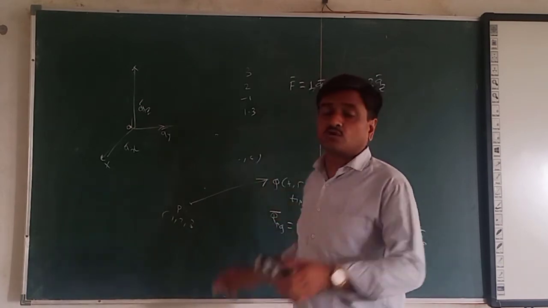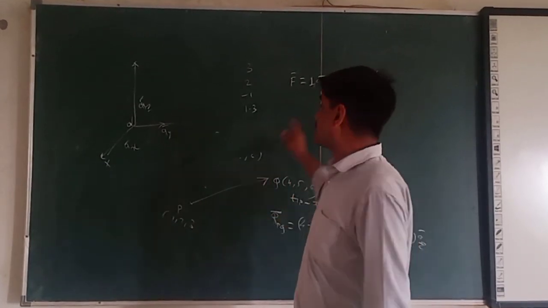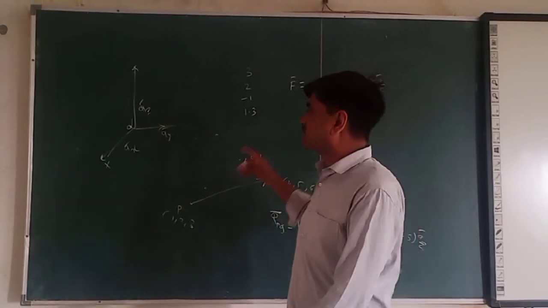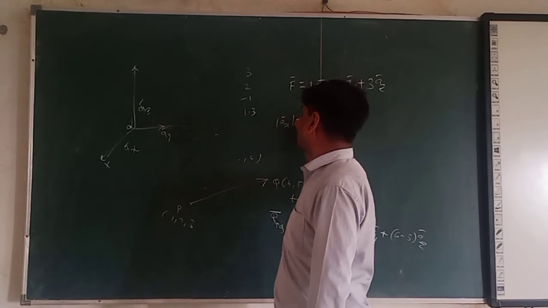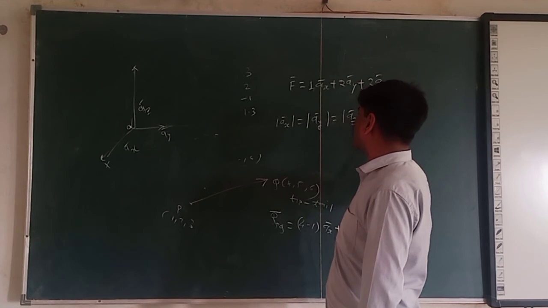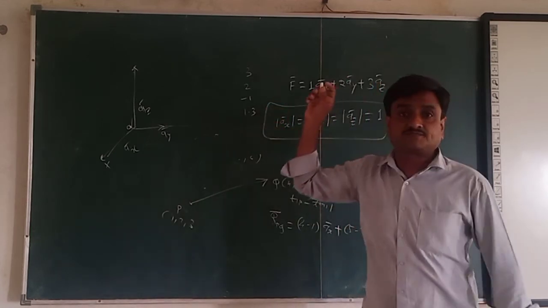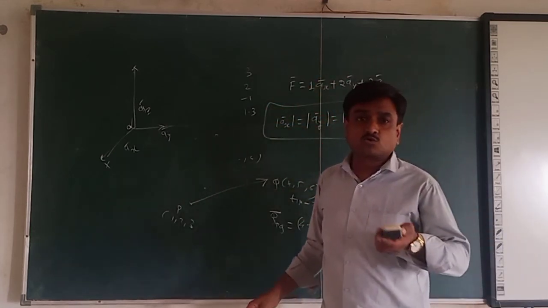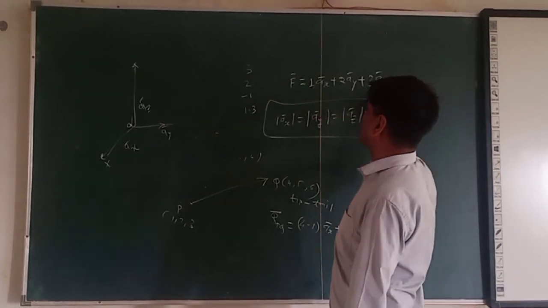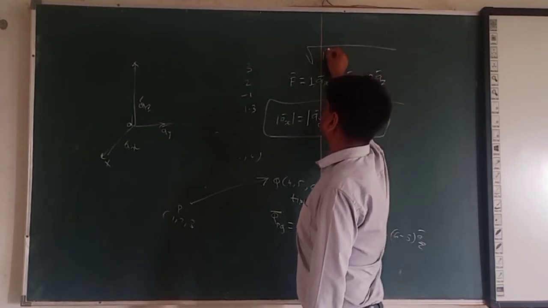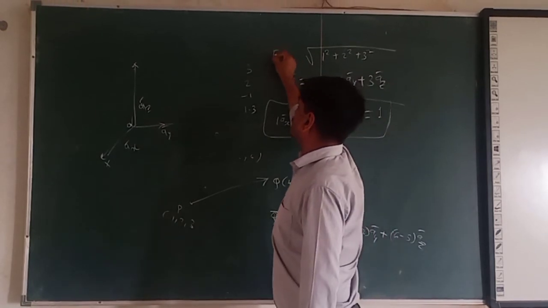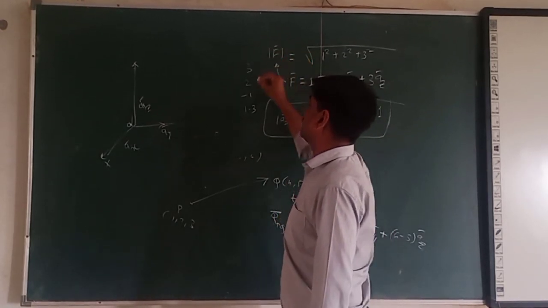So now you must understand the use of the unit vectors. Now why the name unit vector? The name is there because their magnitude is always equal to 1. Magnitude of ax is equal to magnitude of ay is equal to magnitude of az, always equal to 1. You may know how to calculate the magnitude of a vector. If this is the vector, for example, its magnitude is the square root of 1 square plus 2 square plus 3 square. This is the magnitude of this force vector.